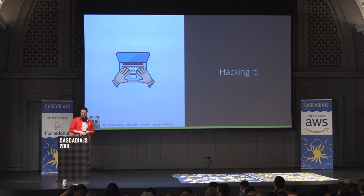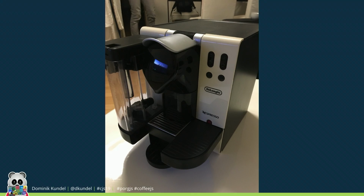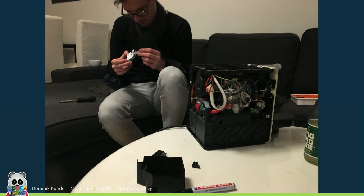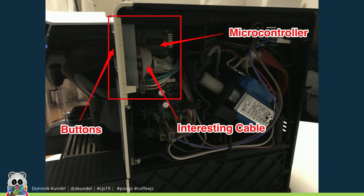So as for hacking, I'm going to rush through this because I have a blog post, but I still want to give you a quick idea. That was the coffee machine we had, and we did the same approach that we did with a Porg. We just opened it up and looked at what was in there. This is the side view of the coffee machine. It's a bit dark, but essentially in this corner, there were 3 things that were interesting. One of them was the microcontroller, one of them was the buttons that you would interact with, and what I